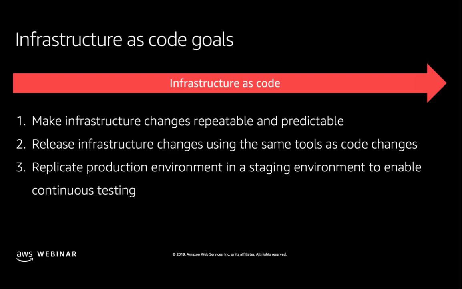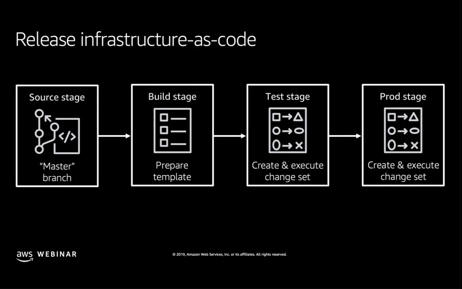So to do that, what you want to do is use CloudFormation. So CloudFormation allows you to define an environment in a CloudFormation template. And then you can use CodePipeline to actually deploy that CloudFormation template. So you store your CloudFormation template in a Git repo. You have a code pipeline for your CloudFormation template. And so when you have the source code in something like CodeCommit, then when you make a change to your CloudFormation template, that kicks off a build of the pipeline, and you can then have a CodeBuild